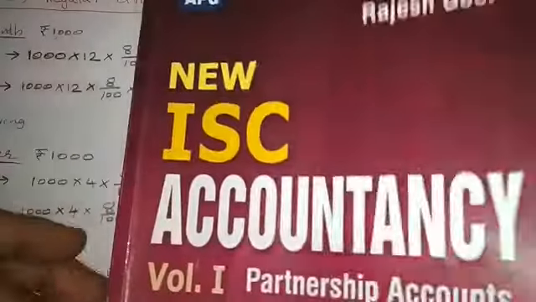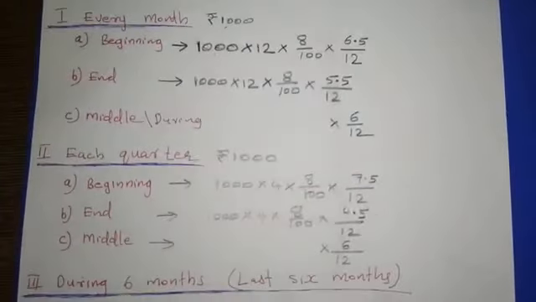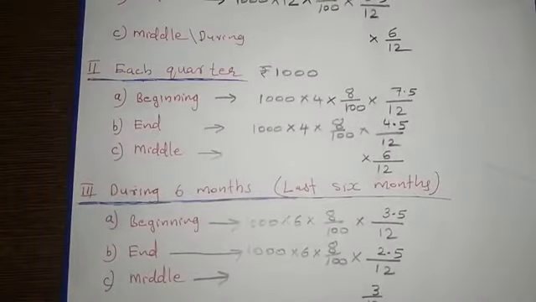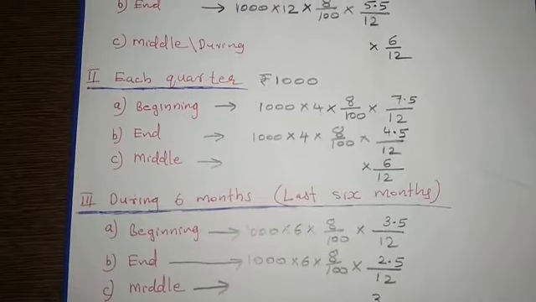Okay, so you understand this one, and you have to study how we can find out this interest on drawing. If you study this formula and everything, then you can save time. Otherwise, only for calculating the interest on drawing, it will take you more than 10 minutes. Actually, we are getting only 10 minutes to solve one full question. So it is that much important. So seriously, you have to study this one. Okay, thank you.